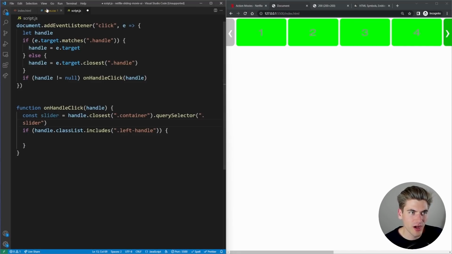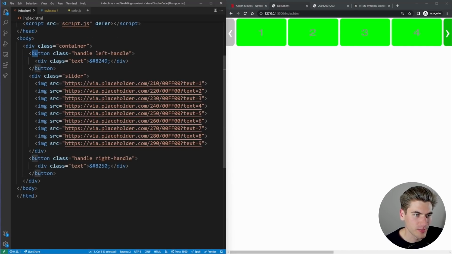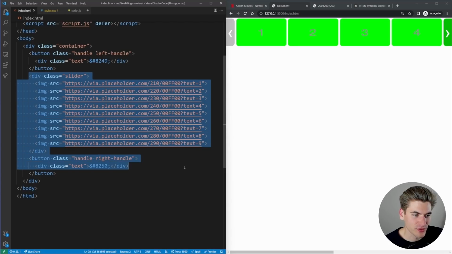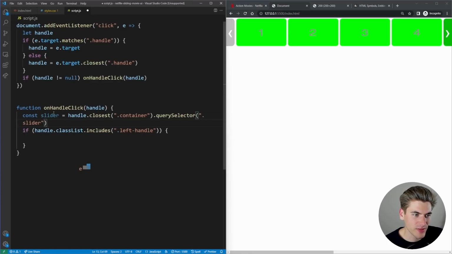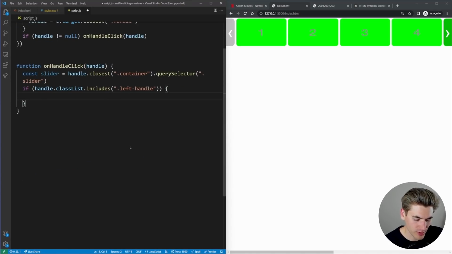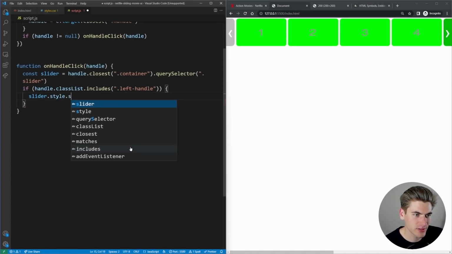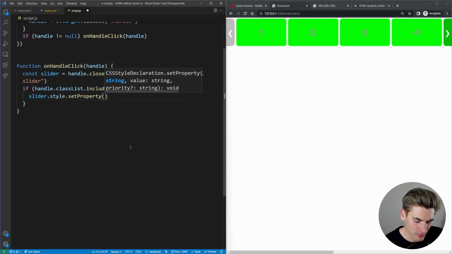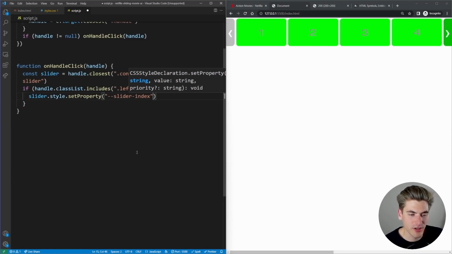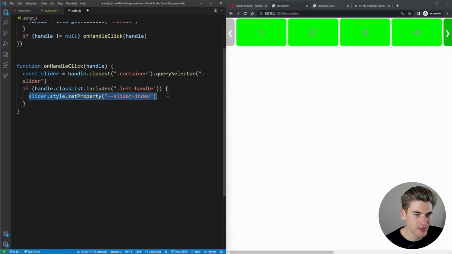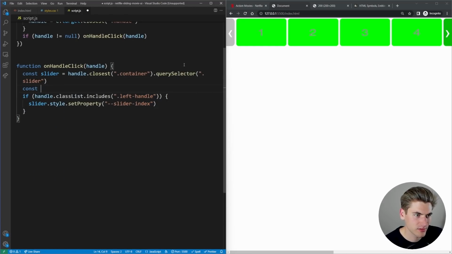So this is going to move up the chain. When we click on our button here, it's going to move up to the nearest container, and then it's going to look inside that container for the first slider it finds. So once we find the slider, now we have it. And what we want to do is we can say slider.style.setProperty, and we want to set the slider index. We want to essentially just add 1 to it. So we want to get the slider index, const sliderIndex equals,